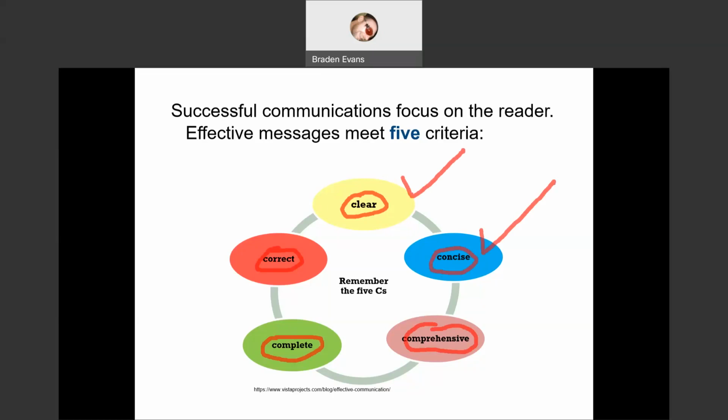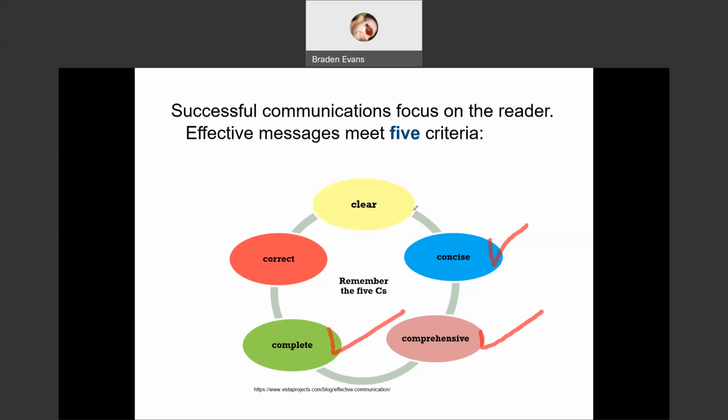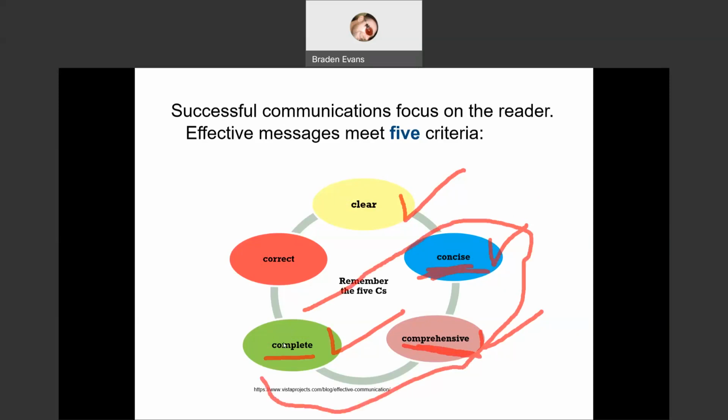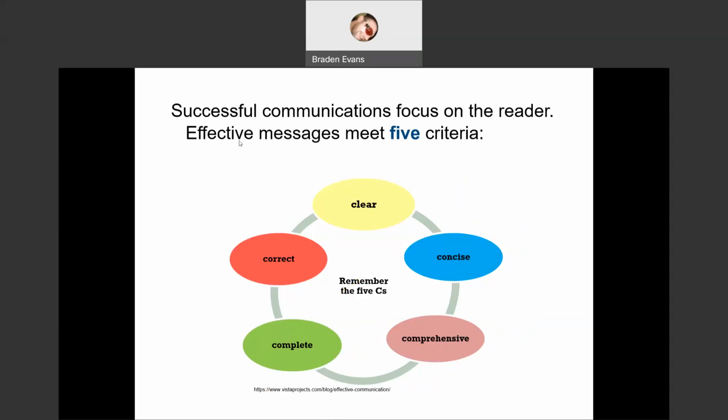But this is important, right? So as much as a message must be concise, it must also be comprehensive, right? Or complete, okay? So meaning you try to keep it as short as possible, but don't make it so short that you forget some of the details, right? You leave out some details or you skip some steps, right? It's got to be all of these things, as short as possible while trying to get the complete message out. And of course, it's got to be correct. You want it to be accurate information, right? You don't want to mislead your readers.